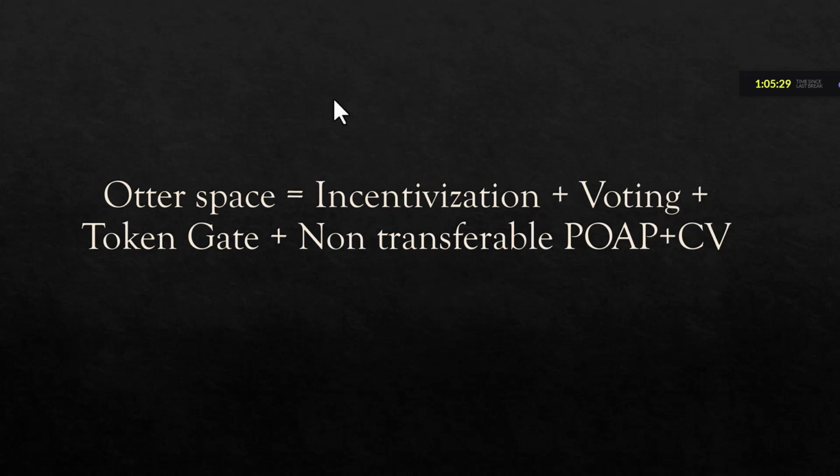And also having non-transferable POAPs. POAPs at the moment can be transferred easily. They can be sold in the market, which can be fake. Even though you didn't attend the event, you could fake that you have attended the event. So with non-transferable tokens tied to your wallet, it could provide more authenticity to the community. It would provide more authenticity to the member,